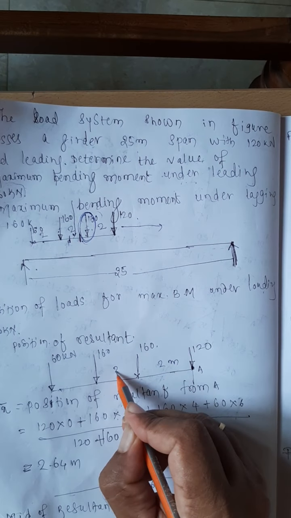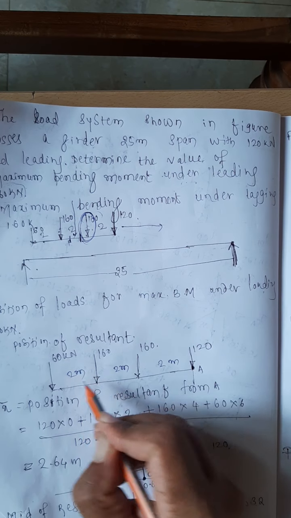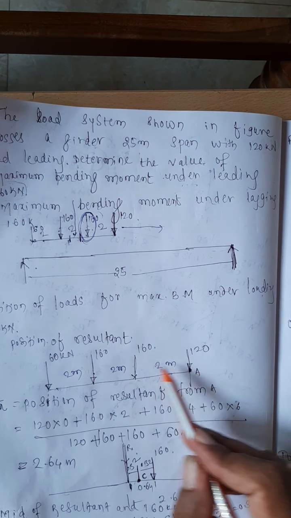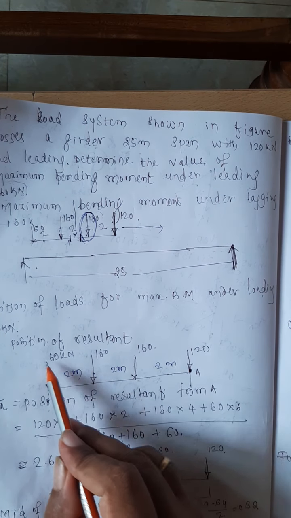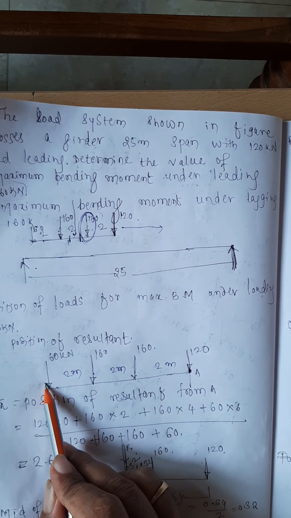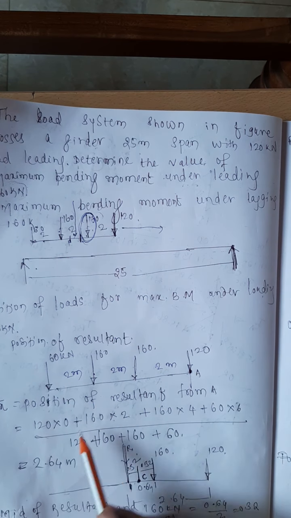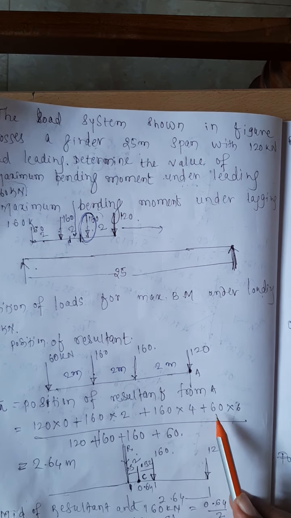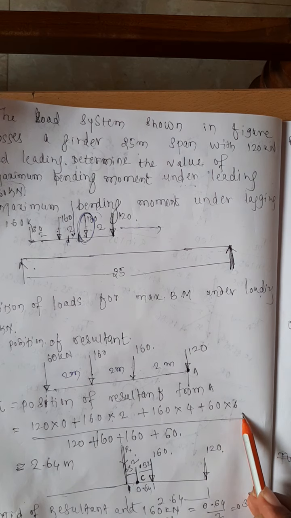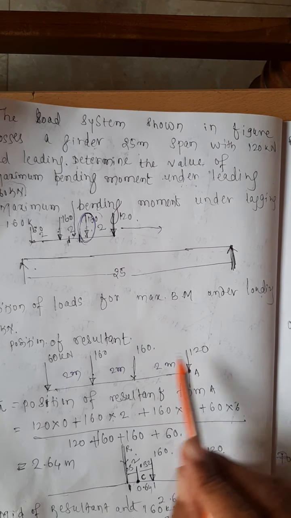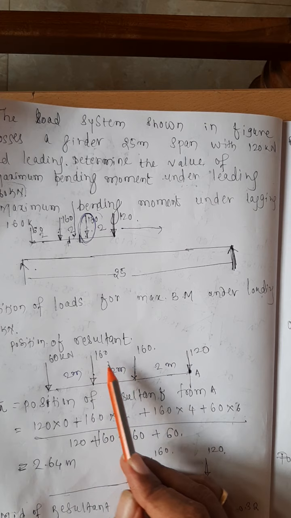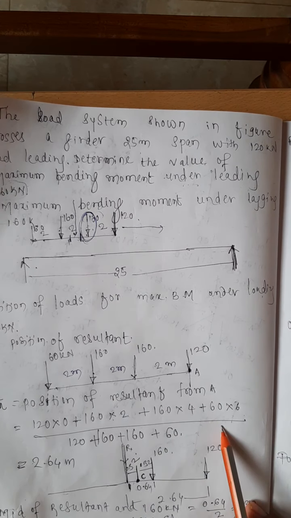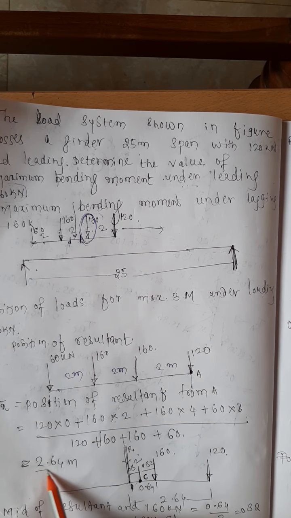See there in the given problem, 2 meter, 2 meter and 2 meter. Yes, 160 multiplied by 2. Again 160 multiplied by 4 and 160 multiplied by 6. So 120 multiplied by 0, 160 multiplied by 2, 160 multiplied by 4, 160 multiplied by 6, divided by the total load, that is 120 plus 160 plus 160 plus 160, the total. If you divide it, you will get the